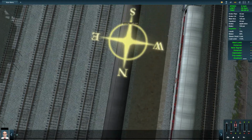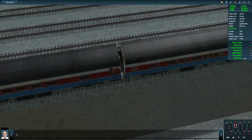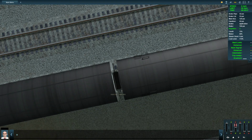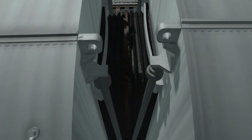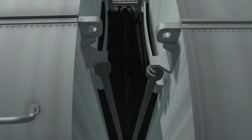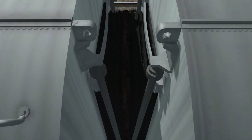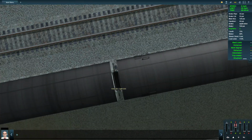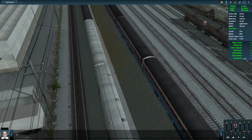there's a new feature on the coach cars. The diaphragm on these coach cars, they flex and bend when the cars go over switches or turns. So let's see if I can edit an example in. So yeah, and again, it just shows